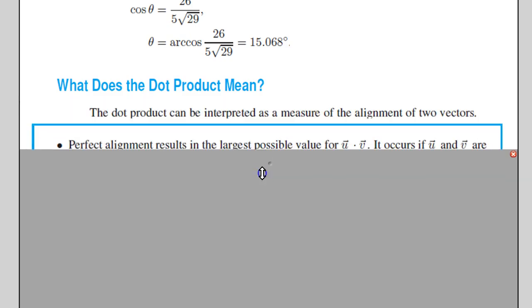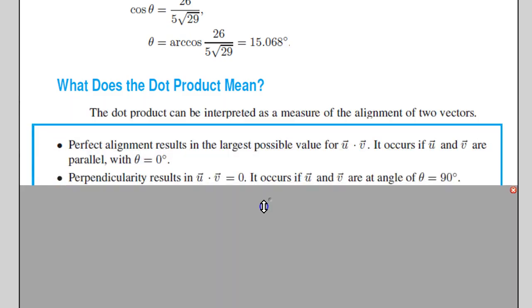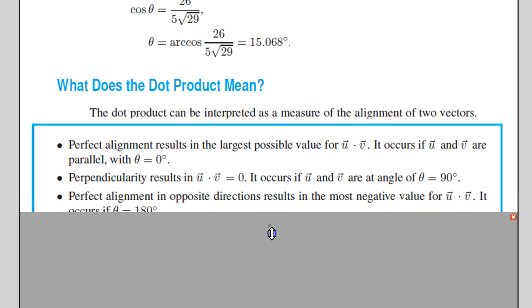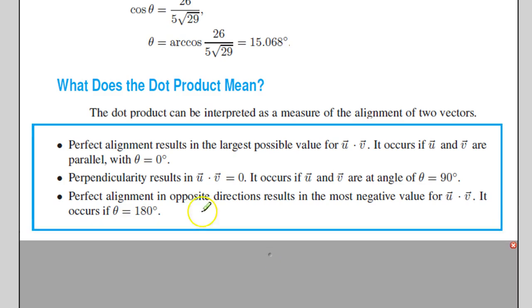What does the dot product mean? Basically, it's the measure of the alignment of the two vectors, or kind of like a measurement of the separation, or the rotation between the two vectors. Okay, a couple of things to note. Perfect alignment results in the largest possible value for u dot v. Perpendicular vectors result in a dot product equal to 0, because the cosine of 90 degrees is 0. So if they're